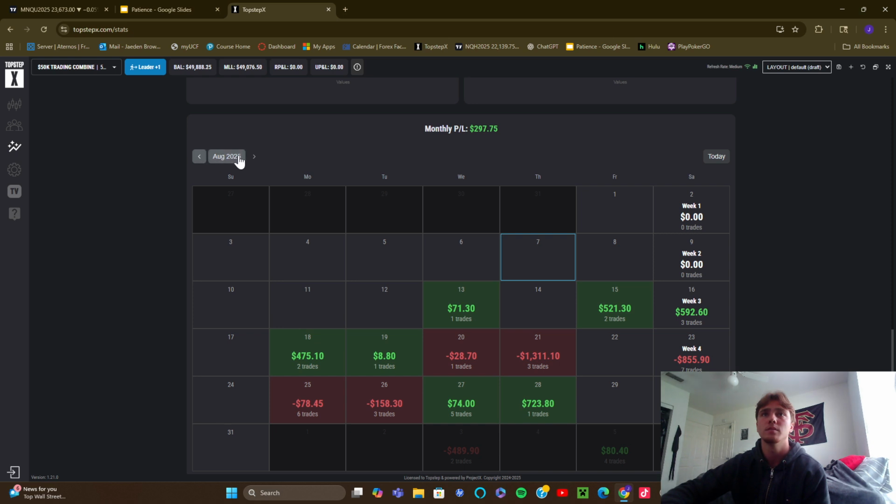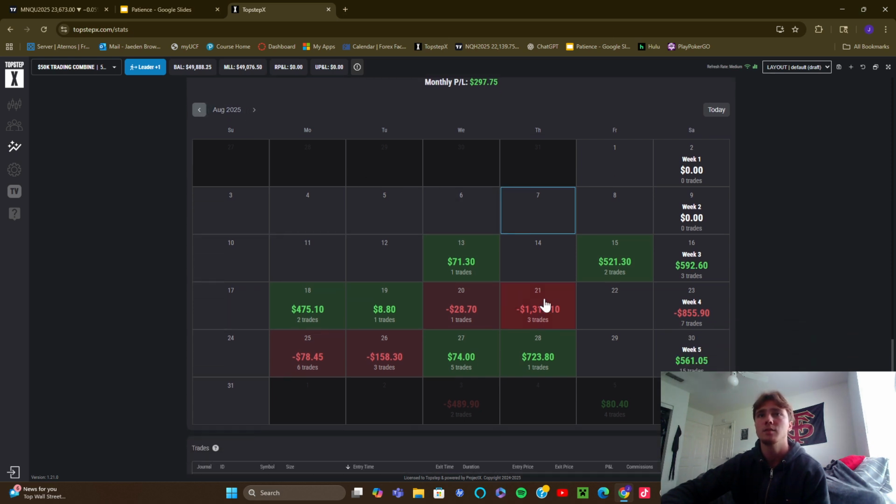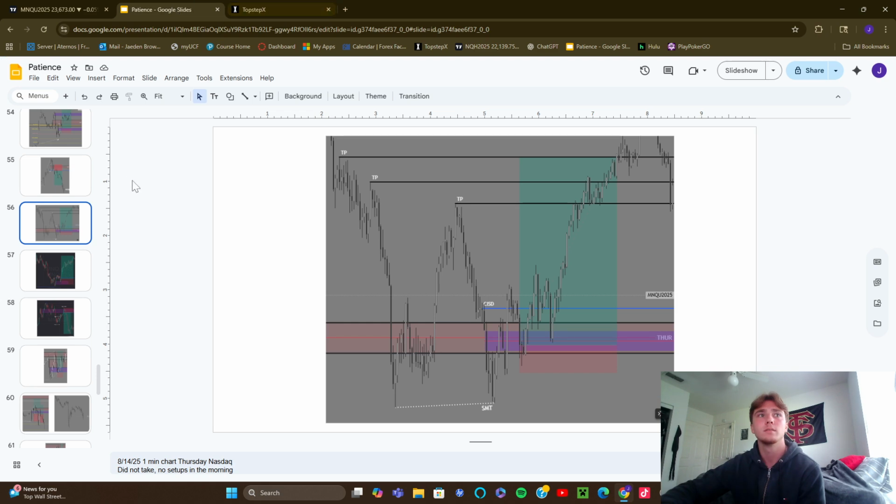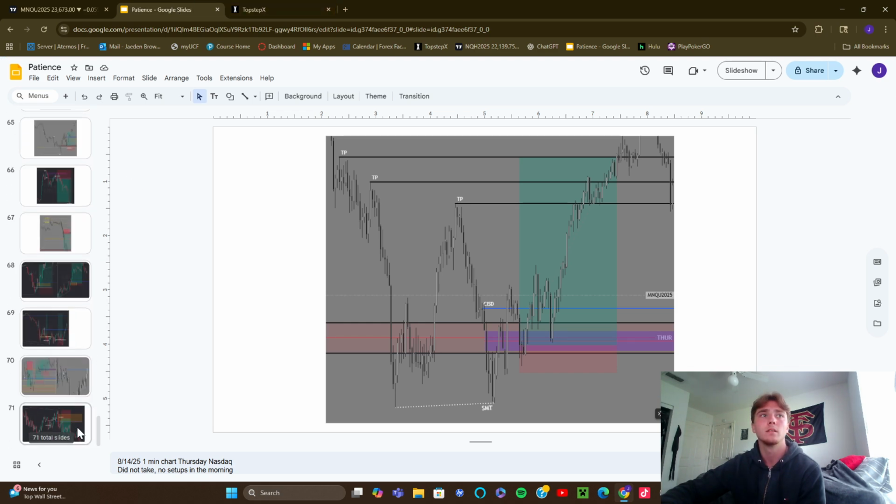P&L for last month. I've just been trying to make back this day, the 21st, and I took 3 trades, and they're all very high risk trades. Yeah, that should just set me back. Honestly, I was up pretty good. This is the beginning of the challenge. I was up $600, and I just had a few bad weeks, and now we're at where we're at for that reason.